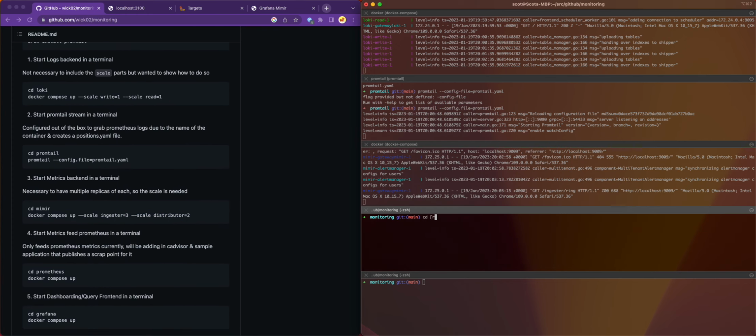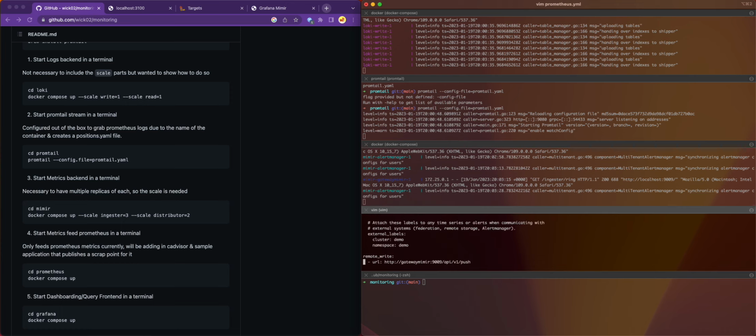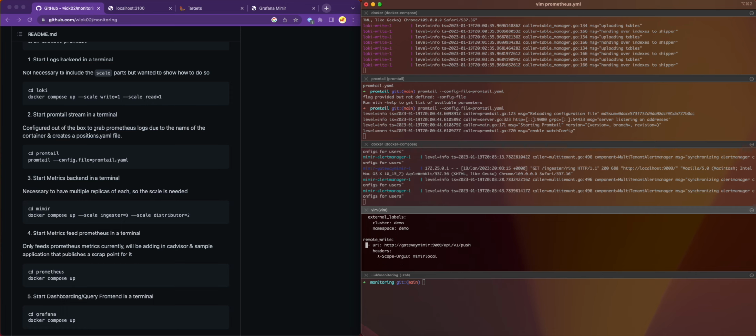So Prometheus is being configured here to just scrape itself and to send the metrics to Mimir. So if we wanted to quickly look at Prometheus, this is just using a demo, and it's actually going to be sending it to Mimir. We're attaching the service to the Mimir network, so it will be able to send its metrics to the Mimir area. So if we do a Docker Compose up,